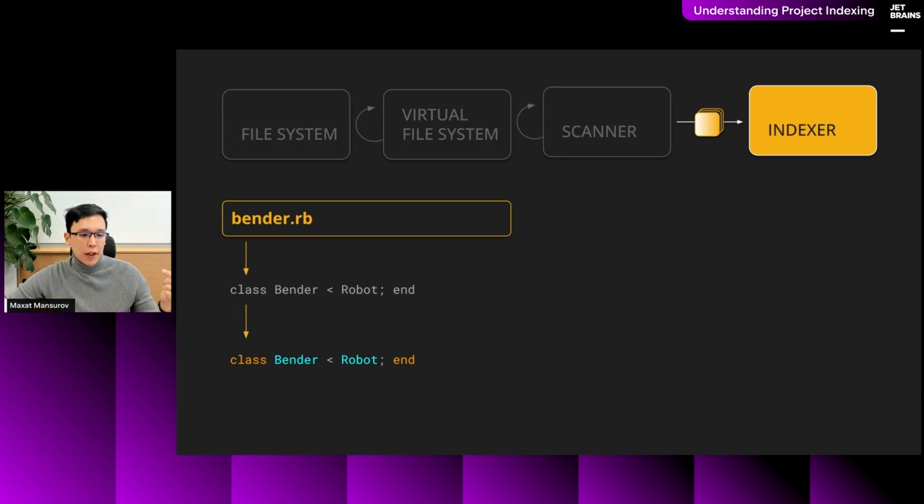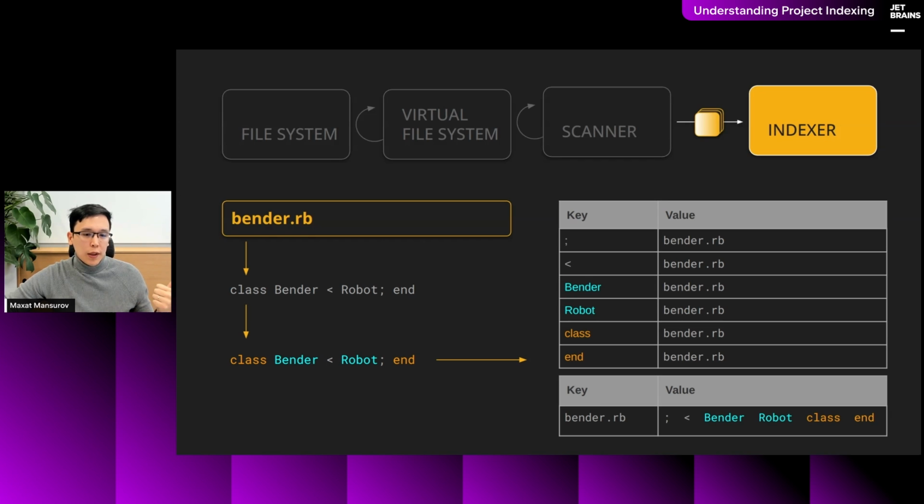Then we will try to parse this file so that we know the keywords, where the class starts and ends, and the functions, everything. And once that is done, the indexers will add the parsed content to the indexes. So here we see that the contents of the Blender file were added to the inverted and forward indexes.